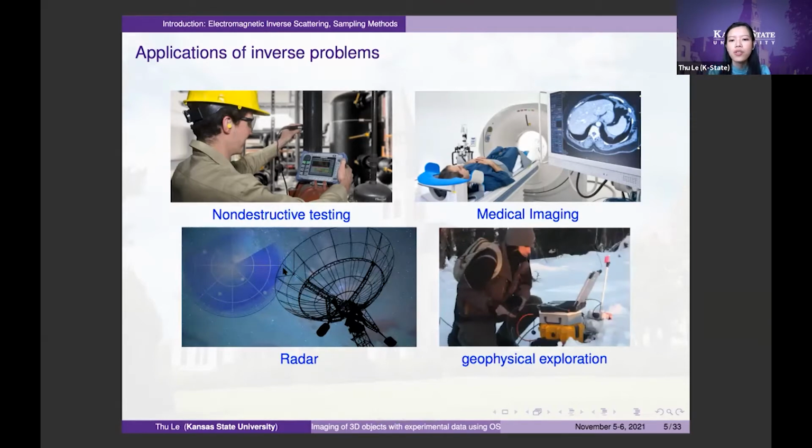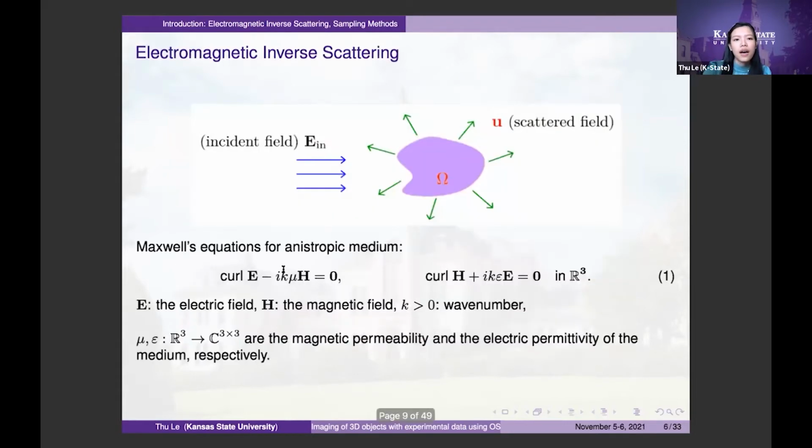And they also use it to study geophysical exploration, to explore the subsurface of the Earth. And the problem that we are working on here is more focused on non-destructive testing and geophysical exploration. Okay, so the behavior of electromagnetic waves can be described by